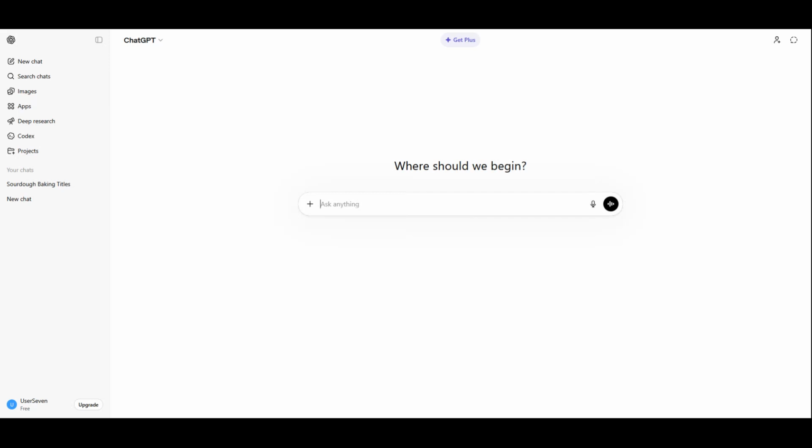Today, I'm going to show you how to write an article with ChatGPT in a simple, effective, and repeatable way. If you've ever stared at a blank page and didn't know where to start, this workflow will help you turn one idea into a polished article much faster. We're going to use ChatGPT step by step, starting with research, then outlining, then drafting, and finally polishing the finished